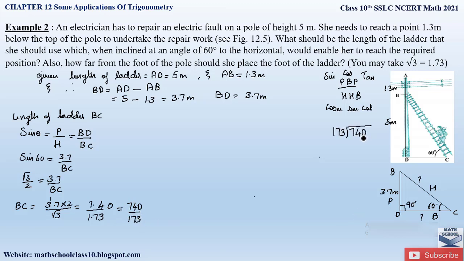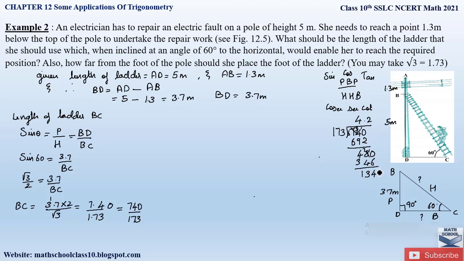So 173 divided into 740, when you take 4 times, 7 4s are, it is 692, subtracting you will get here 8. Now this will be 3, again carry 1, this will become 6, so 13 minus 9 will be 4. So this is 48, which is less than 173, so we can add a point here to add a 0. So again take 173 2 times, 3 2s are 6, 7 2s are 14, carry 1, 2 1s are 2, 3. So subtracting 10 minus 6 is 4, then 7 minus 4 is 3, 4 minus 3 is 1.